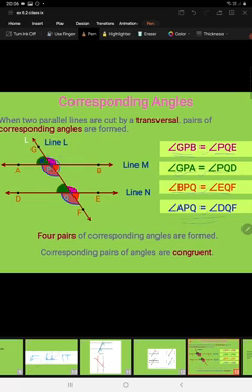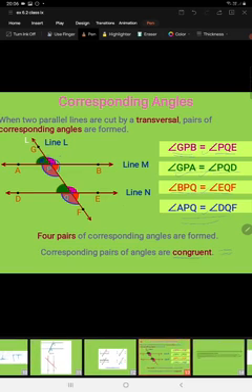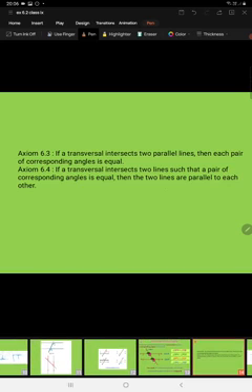Corresponding pair of angles are congruent. Congruent means they are equal. Again, the concept of congruence you have studied in class 7th. And the vice versa of this above axiom is also true. First of all, it is axiom 6.3 in your book. If a transversal intersects two parallel lines, then each pair of corresponding angles are equal. And vice versa of that is, if the pair of corresponding angles is equal, then the two lines are parallel